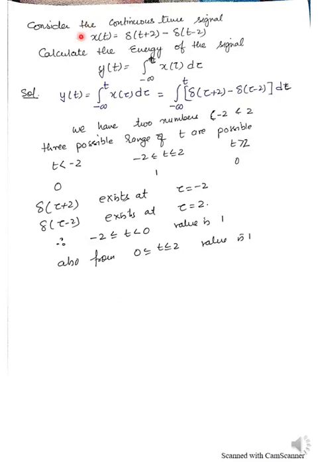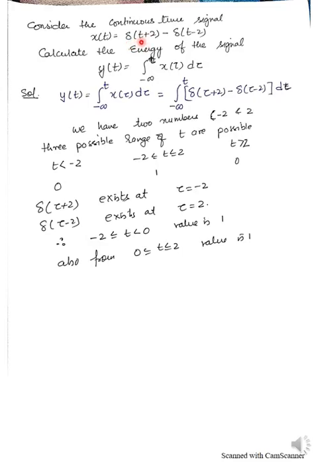Consider one more question on the same topic, how to find the energy of the signal. Suppose the question is x(t) equals delta(t plus 2) minus delta(t minus 2). If you see, this question is based on an impulse function. I hope that all of you know what an impulse function is, and if you don't, then I'm going to do some slides based on different types of functions and signals which we will be using in this course. So it will be delta(t plus 2).